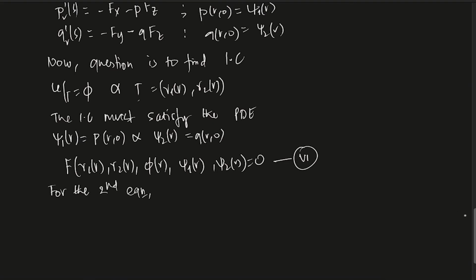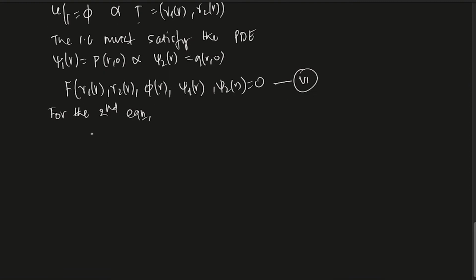How do I find the second equation? For the second equation, we are going to take the derivative of u with respect to r at the point r. That will give you del u del x, x prime of r, plus del u del y, y prime of r. We are just taking the derivative of u with respect to r, and we are hoping that we get some relation out of that.